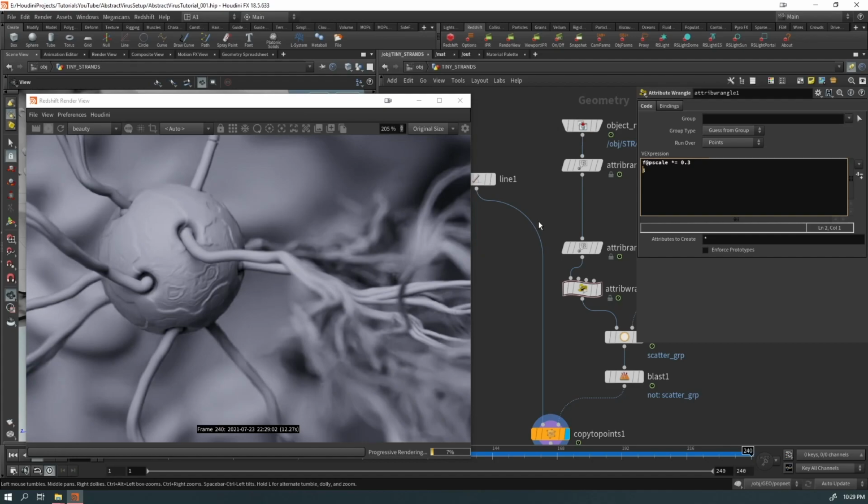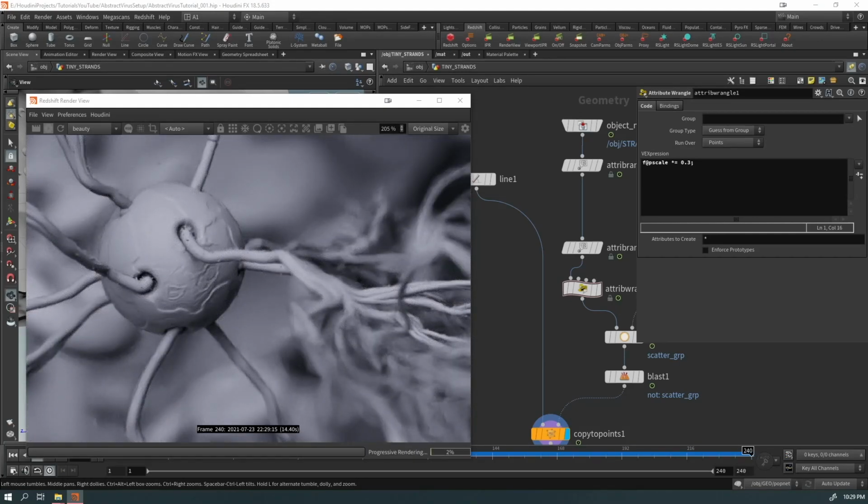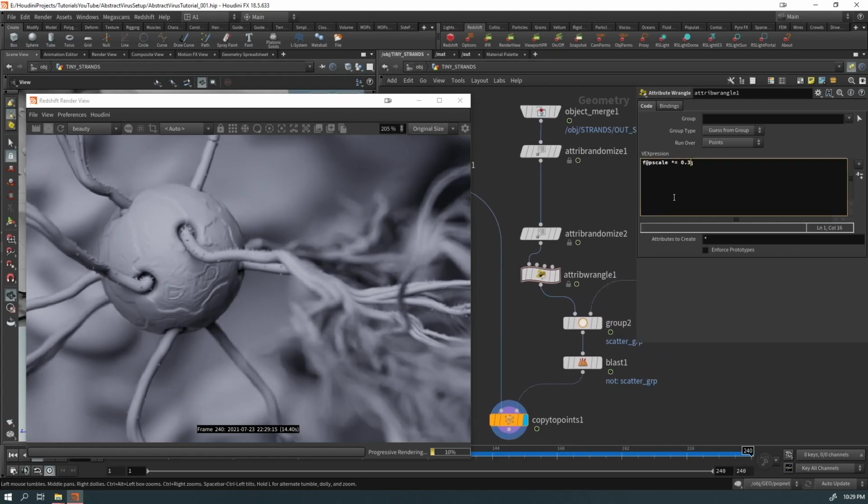Three. You can also just simply put down a point block and just remap it from there. Doesn't really matter. Our numbers are very small, so do whatever we want here with the